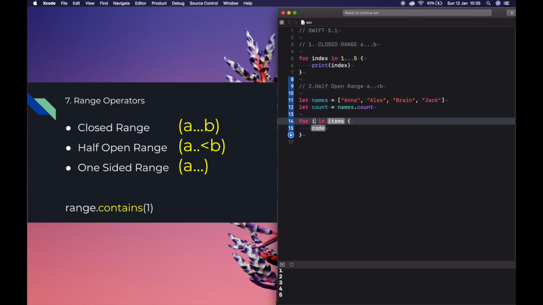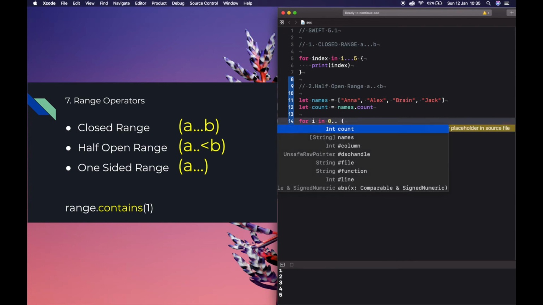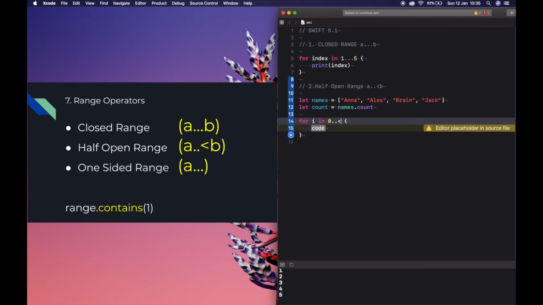For index in 0..<count, print the position.